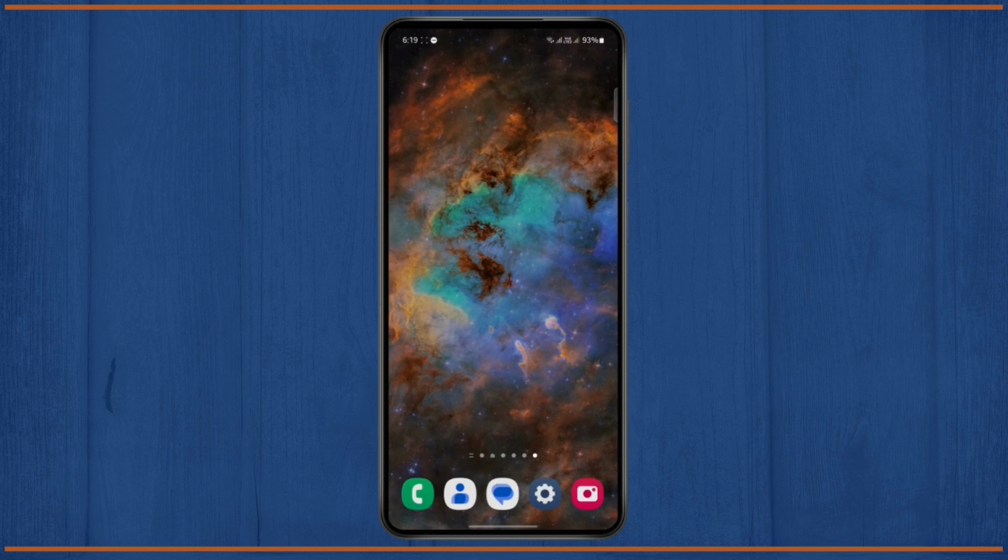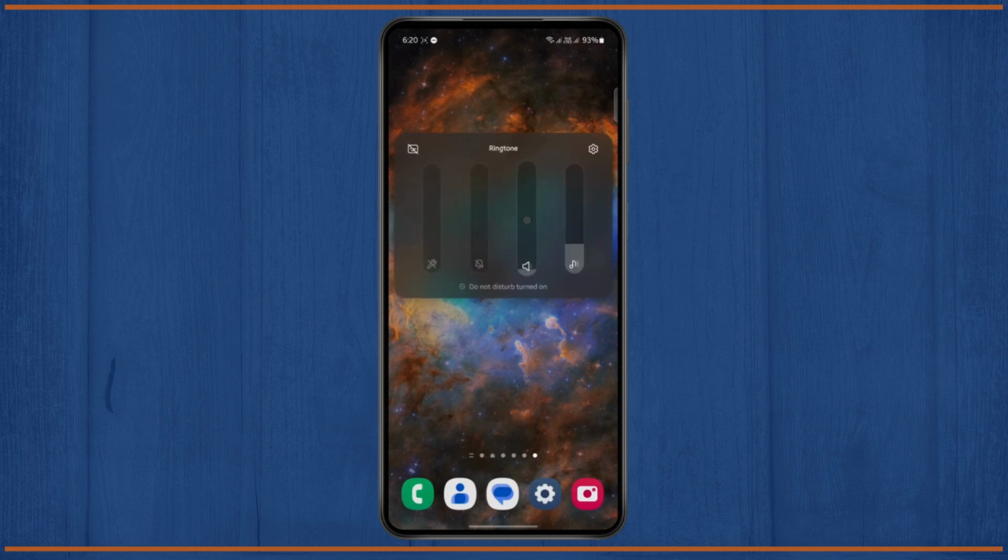In this tutorial I'm going to be showing you guys what you can do to fix if you are not able to access your system sound or your notification sounds. So what I'm talking about right here is if I press my volume button right here and tap on this menu, I can access my ringtone and my media, but I cannot access my notification panel volume or my system